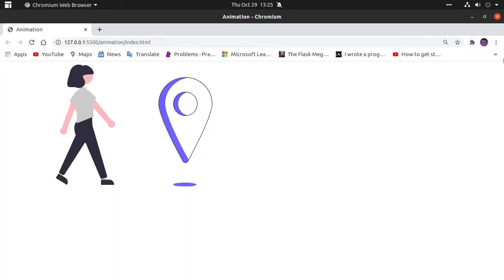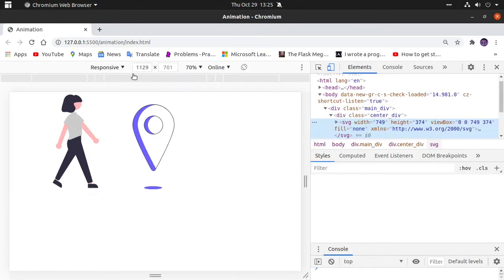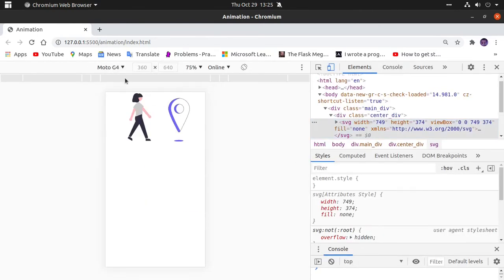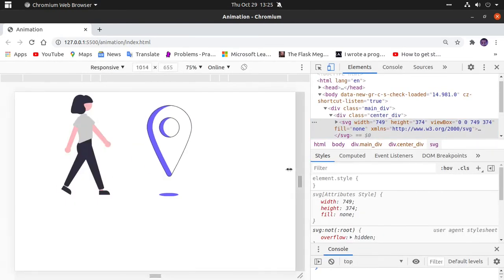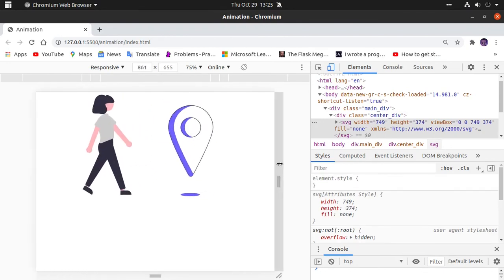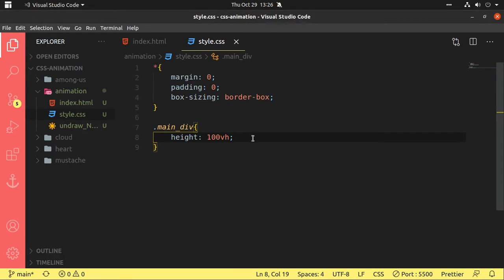It means that if you go to inspect and click on responsive, Moto G4 or any device, you can see it is responsive here. Whichever display you are seeing it on, it will take the whole viewport height of that device.